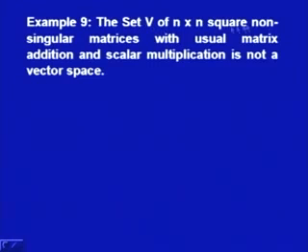Again, I will take an example of matrices. So if we have a set of n by n square matrices, but these are non-singular matrices, with usual matrix addition and scalar multiplication, it is not a vector space. We have proved that the set V of m by n matrices with usual matrix addition and scalar multiplication is a vector space, but when it comes to non-singular square matrices, it is not a vector space. And the reason is